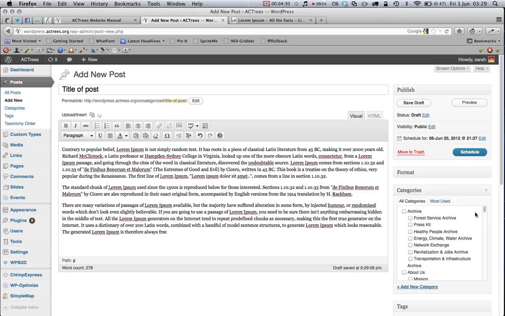The other thing you'll want to do is assign a category to the post. There's a fairly extensive list of categories here. So you just find the category that you're looking for. It's all organized hierarchically. So if I want to put it in community tree planting grants, for example, I would just click on that and it'll appear in that category. So that's sort of the basics. And to publish the post, you would hit